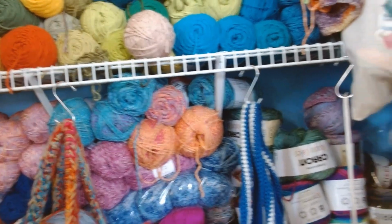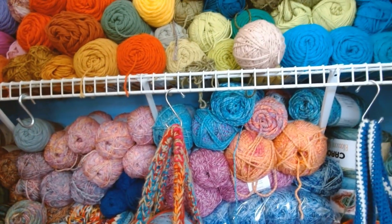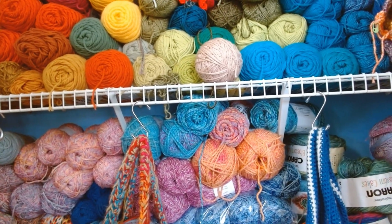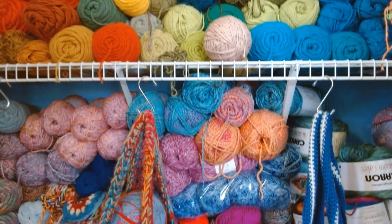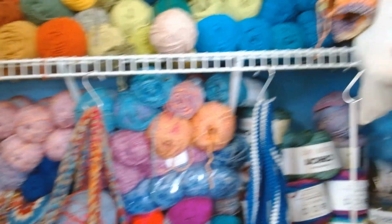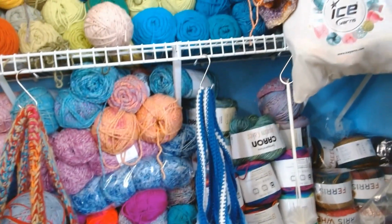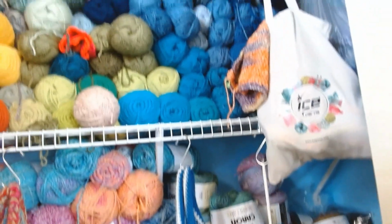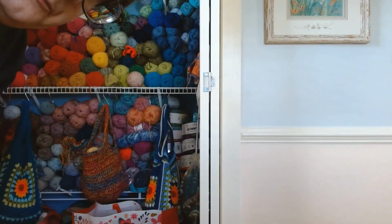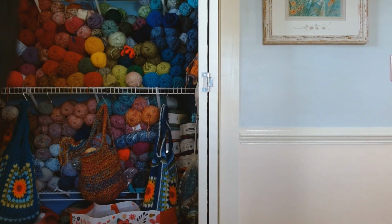Can you see right there all that variegated, that is Premier Basics Mosaic, and it is the new yarn from Michaels, and then on down there is the party yarn, and all that is a bunch of cakes, Ferris wheel, Karen. So I'm going to slowly bring you back over. Bear with me. I'm sorry. So anyway, that's my yarn closet, and it's